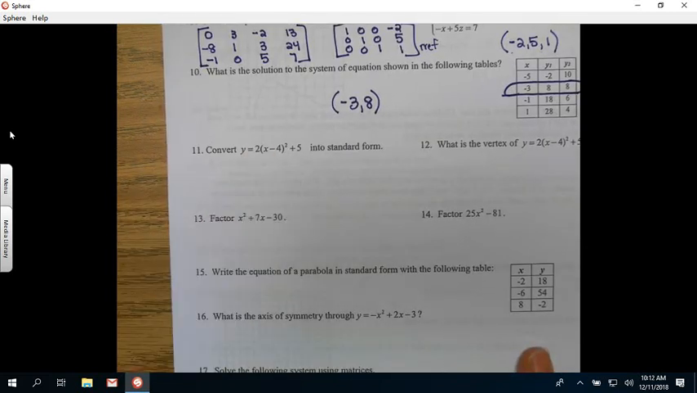If I want to convert this into standard form, remember that if I say that something is squared,